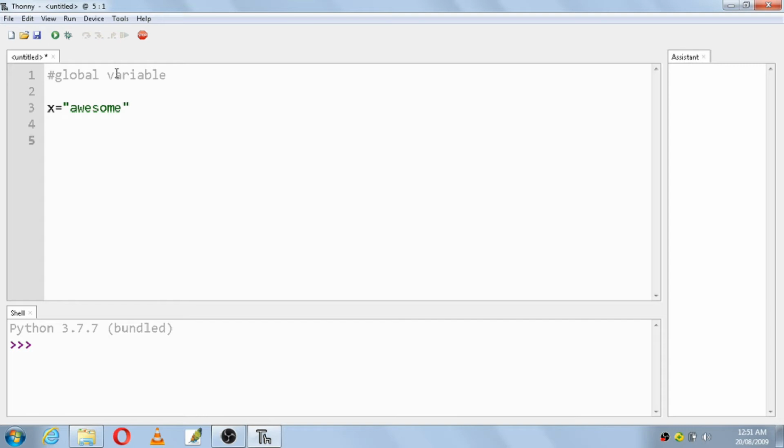Now I will define a function, and to define a function you make use of the keyword def. Give some function name, I'll write my function. You can give any function name. The function name will be related to what task you are doing. If you are adding two numbers, then the function name can be add. If you are multiplying two numbers, the function name can be mul. So function names depend on what task you are doing.